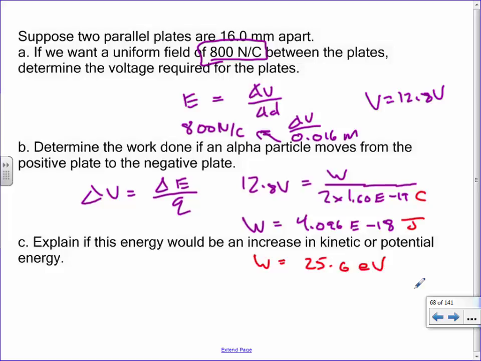I think it's harder because it's more abstract. I'm not nearly as familiar with electron volts, coulombs, volts, as I am with meters, seconds, those sorts of things. So I have a hard time envisioning what an electron volt is, or what a coulomb is, or what a volt is, you know what I mean? Just because they're not things that we work with in everyday life. So you just have to wrap your head around what all these things mean again.